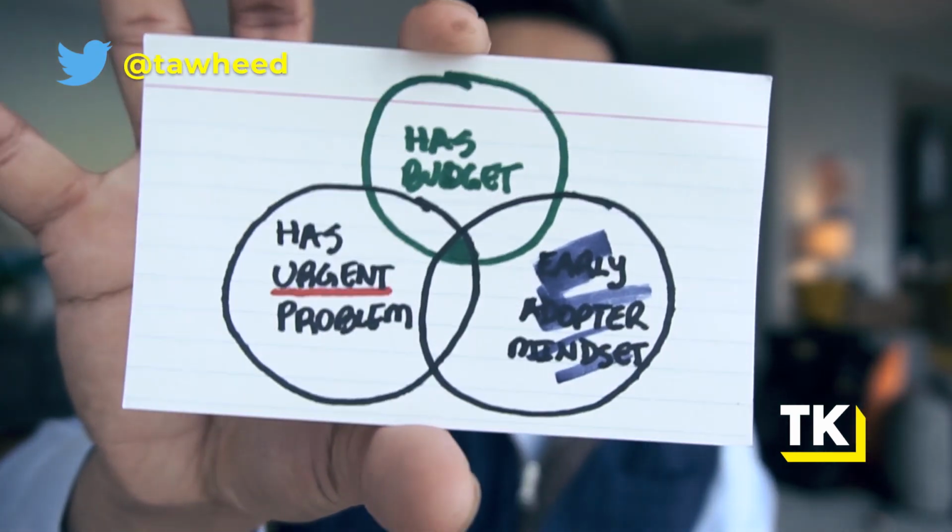If you're starting to see how an ICP is not just some sort of frou-frou strategy document that collects dust, but you can actually mobilize it, implement it, codify it, measure against it, and align your entire team around it to drive growth,